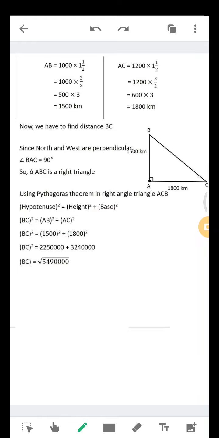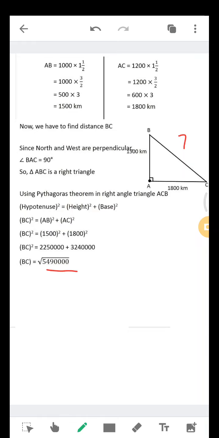BC square is equal to, this is the hypotenuse, BC square is equal to AB square plus AC square. We know the AB and AC values. We'll substitute the value of AB, that is 1500 kilometers, and AC is 1800 kilometers. When you square them and add them, you get